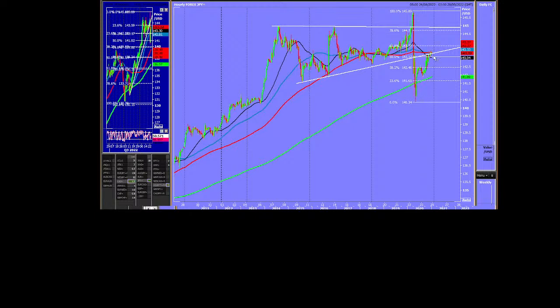If you were caught on that bull trap, I think you're going to be pretty happy to be getting out here, aren't you? Even if you got in here and you didn't have a stop in, you'd be happy to get out here, wouldn't you? Because we've had a 300 pip recovery. So I think this could be the peak for now.